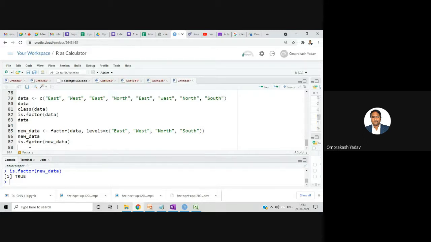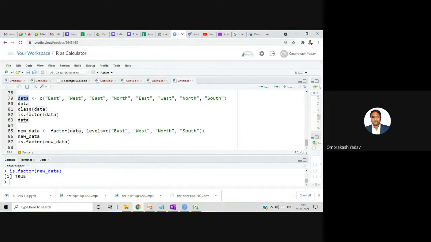Excuse me, on line number 81 it is class of data, and then 82 is as.factor of data. So there you are classifying this data exactly? No, class means I am checking the class of that particular data, what is the type of that data.